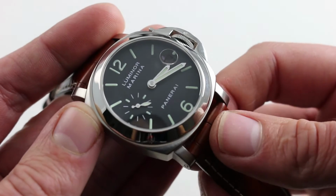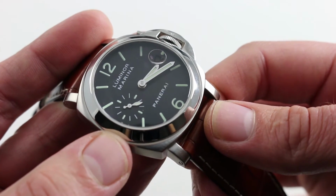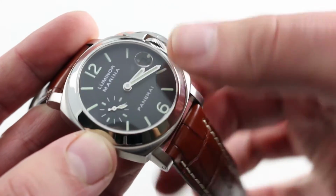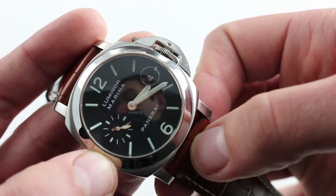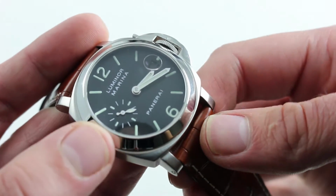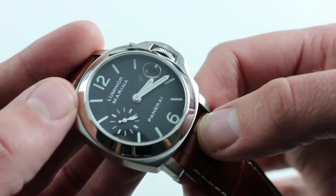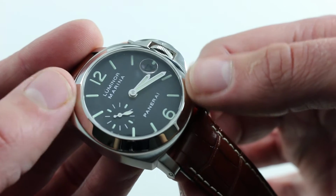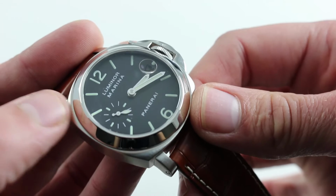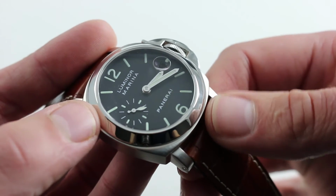Now the dial is classical modern era Luminor Marina, a nice counterbalance of sub-seconds at 9 o'clock with a date with an internal magnifier, not Rolex style Cyclops swell, but an internal magnifier at 3 o'clock. You'll also note a nice monotone date disc, so it's black and it blends nicely with the sausage style dial. What I mean by sausage is that the luminescent element, the indices, the Arabic numerals, it's actually raised above the dial. While the sandwich is considered to be a little bit more traditional, the fact is the sausage is actually